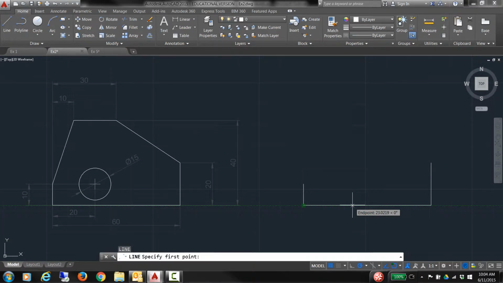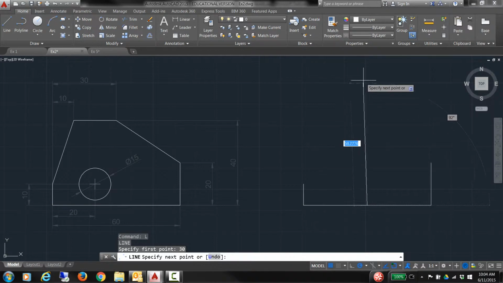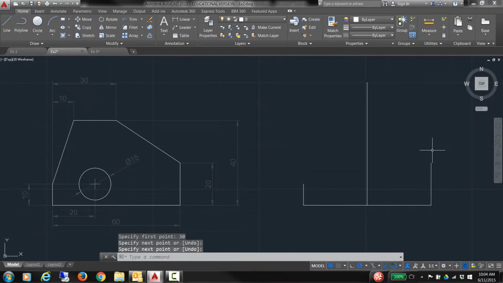So we mouse over without any clicking, type in 30, click, and then set the height. As long as it goes past that line there, it doesn't really matter too much,